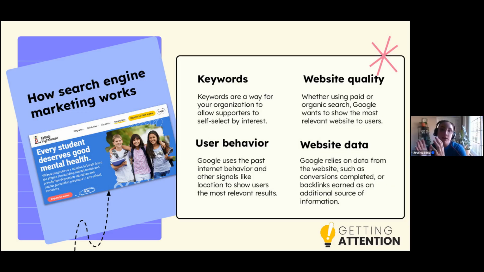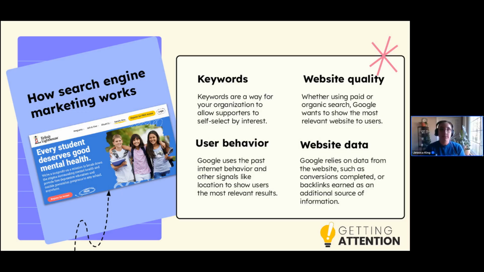So in search engine marketing, you live and die by the keyword. When I say keywords, what I mean is the term that somebody is searching. That is a way for your audience to self select by interest. We can guess that somebody who is searching for adoptable dogs in Atlanta is looking to adopt a dog, or at least is very close to making a decision to adopt a dog, right? Versus reaching out, let's say by mail or some of these other channels and hoping that somebody who is the right person is hitting. So that's kind of the reason that search engine marketing is really popular.